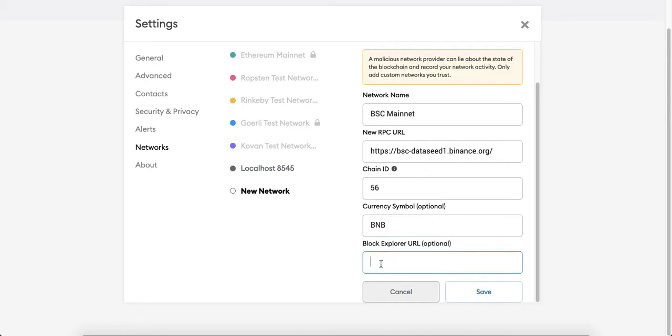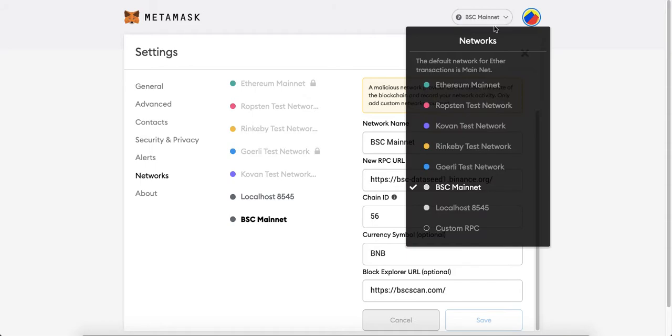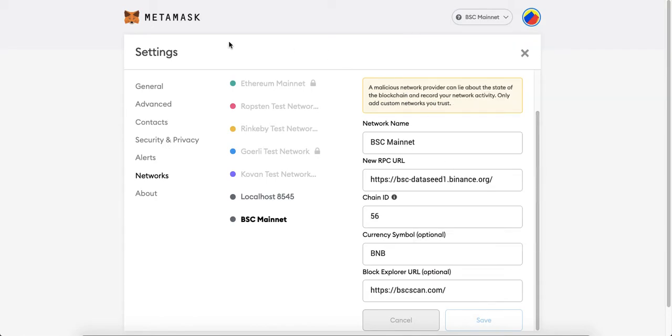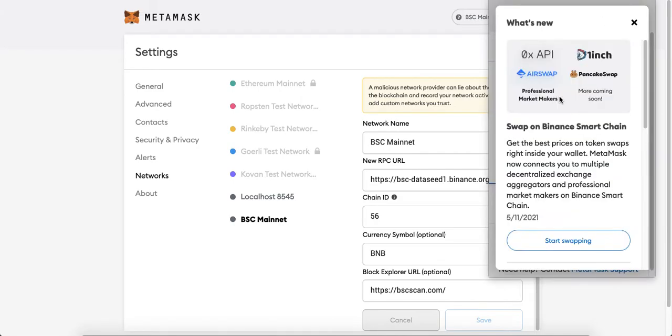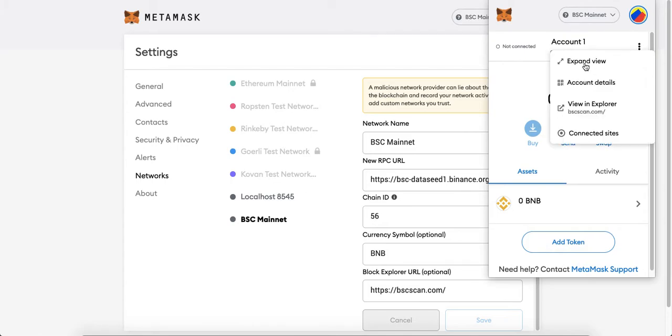Okay, after you've filled in all these specifications, you need to click on save, and now this option would appear in your selection because earlier you could only see the Ethereum related ones. Now BSC mainnet will also appear. And when you select here and when you go to MetaMask, you would see the Binance Smart Chain coins.